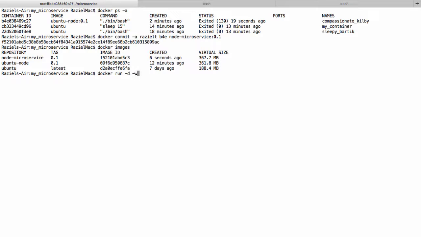In our case, we located our microservice in a microservice folder. So we'll specify -w for the working directory, then the microservice folder will be our working directory. Then we will give the Docker image name, which is node-microservice